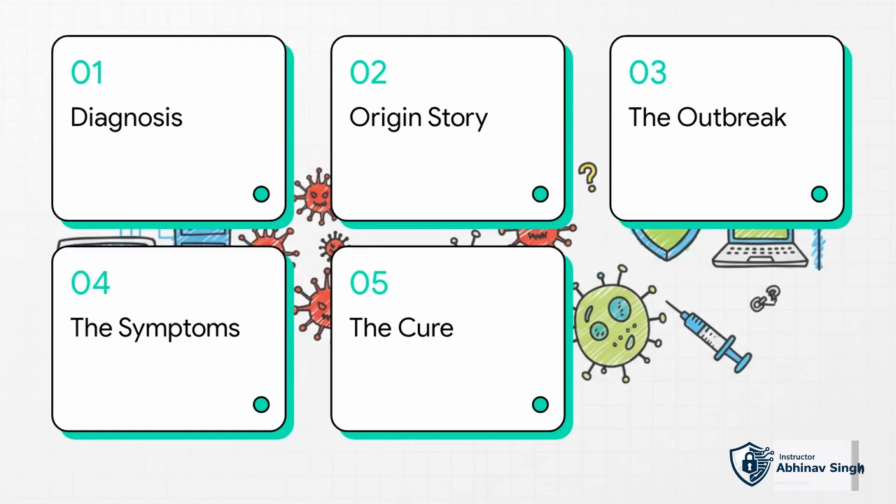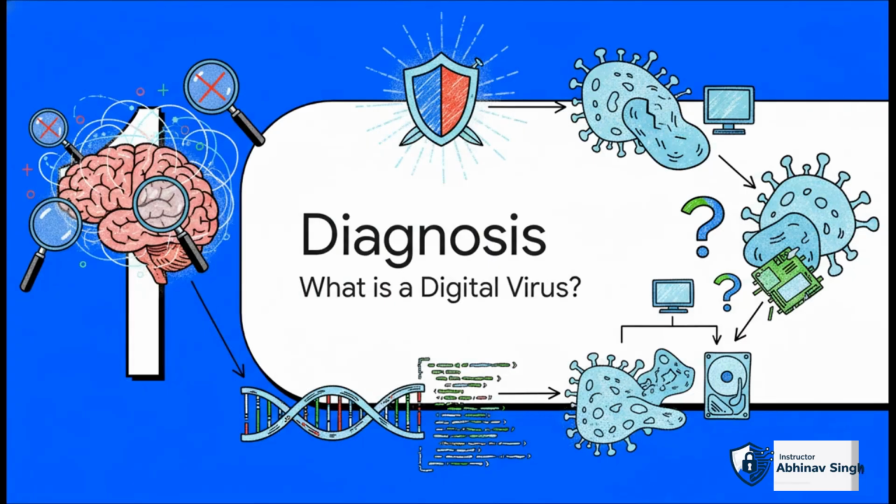So, for this explainer, we're basically putting on our digital lab coats. We're going to start with a diagnosis to figure out what this thing even is. Then we'll dig into its origin story to see how it's made. We'll track the outbreak, spot the symptoms of an infection, and finally, we'll look for the cure in our digital immune system. All right, first things first, the diagnosis, because you can't really fight an enemy until you know exactly